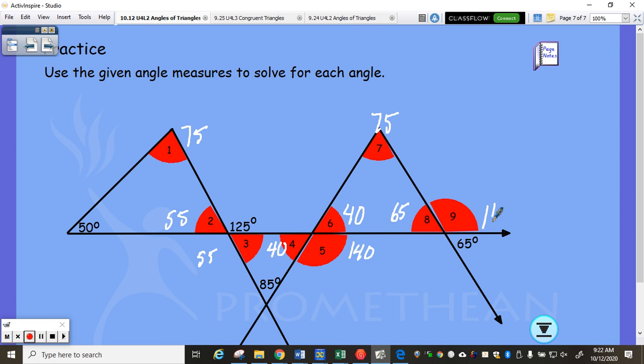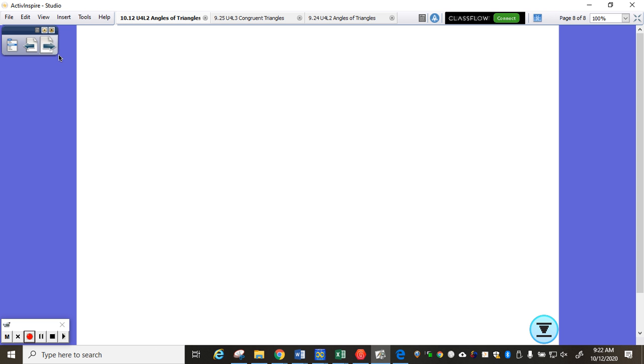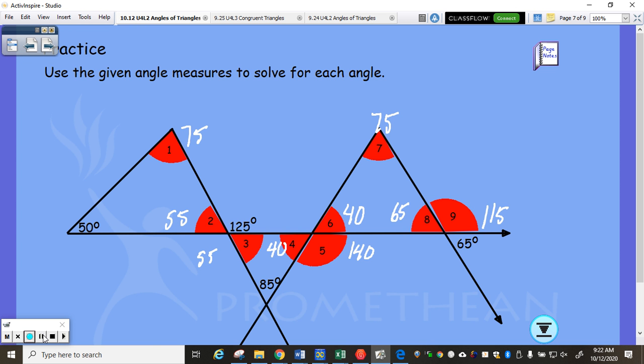115. And we can see that checks because if angle 9 is an exterior angle and it's 115, then these two angles that are not next to it should add up to it. Indeed, 75 plus 40 does equal 115. All right, good job. All right, that was good. Okay. So here's what you're going to